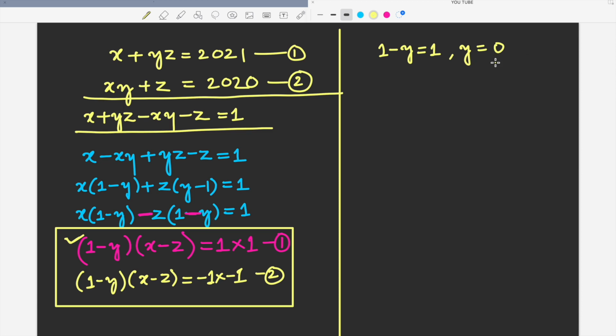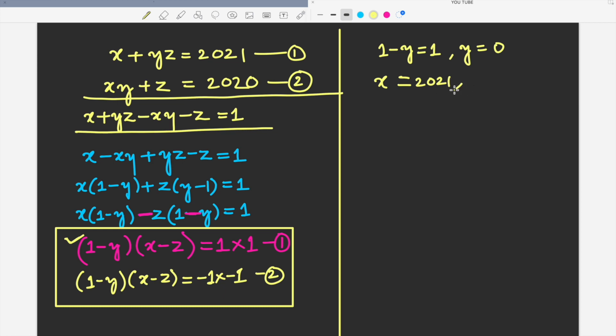So from here, y equals 0. We plug this y value into the equation, then we'll get the x and z values. Let us say I substitute the y value here. So x plus y is 0, 0 into z would be 0, 0 plus something would be x. That means x is exactly